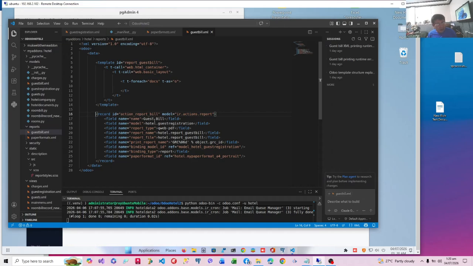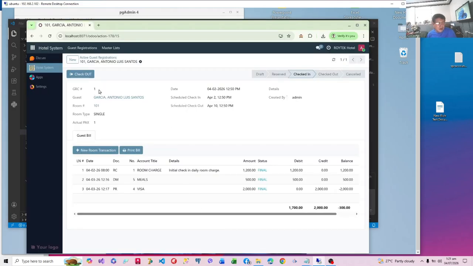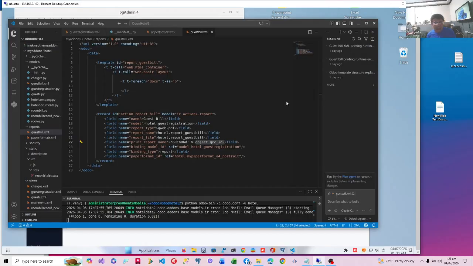So the name, which is actually the title, is the hotel guest bill, and then the model it will use is the guest registration model and all the corresponding relationships that it declares inside that model. This is just a name. The report name is important because this will be the name that is used to name the PDF during the actual printing. So the name of our PDF will be GRC followed by the GRC ID, object.grc ID, the number that is displayed here. Remember, we have a GRC1, like in this case. So grc1.pdf will be the file name of the PDF file.